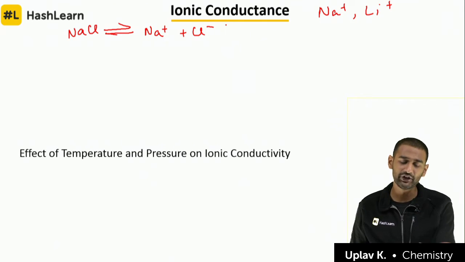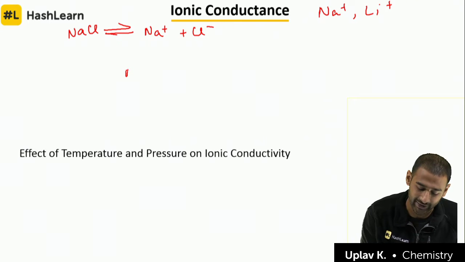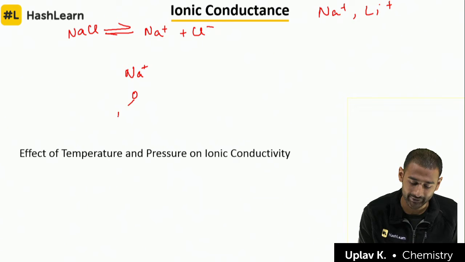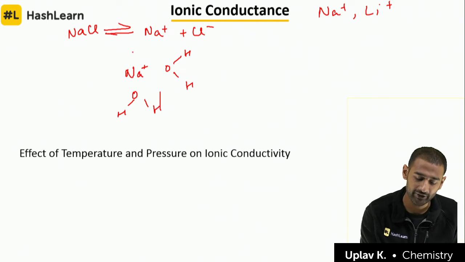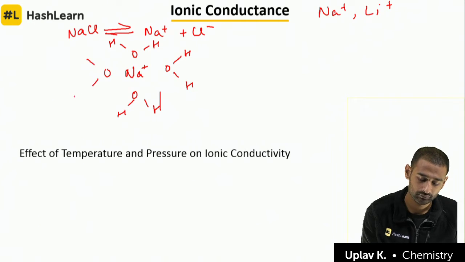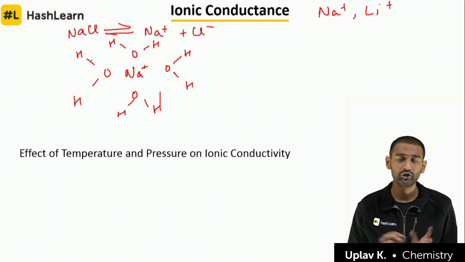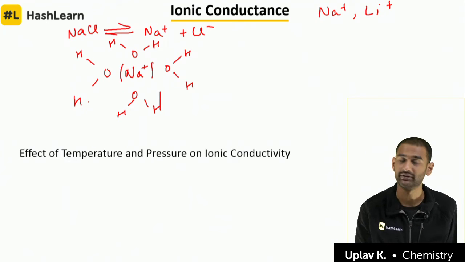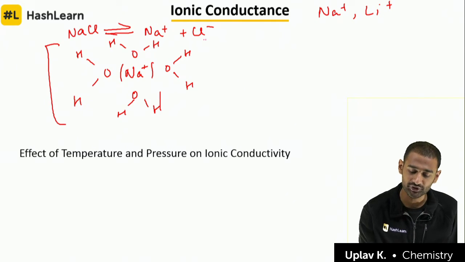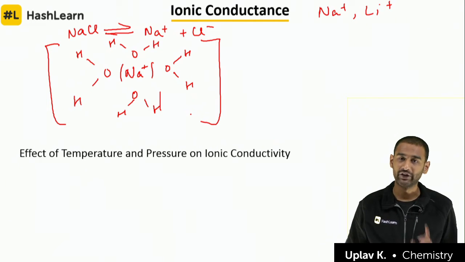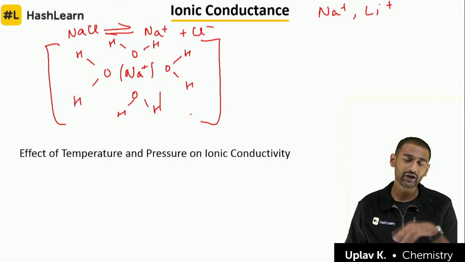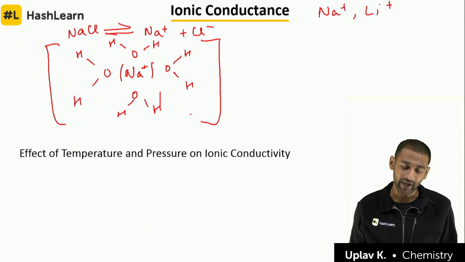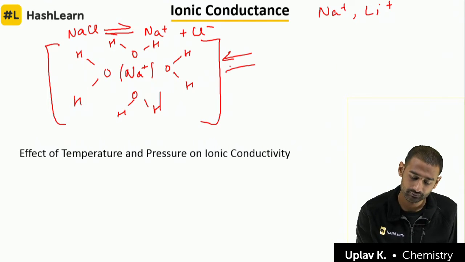But what happens whenever you dissolve something like this in water, it gets surrounded by the negative part of water like this, right? So now you cannot think that the Na plus is only this much. The Na plus is now almost this large, okay? So whenever you dissolve an ion in water, its own radius doesn't matter as much, this hydrated size matters, okay?